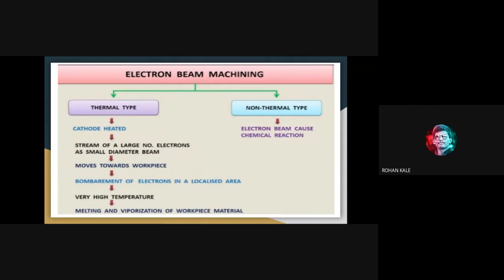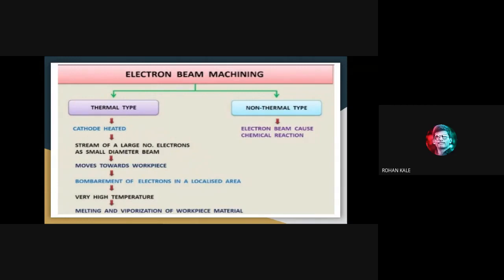Okay, so that stream of large number of electrons is emitted from your heated cathode, and it comes out as a small diameter beam. It moves toward your workpiece with a very high velocity, and it bombards on your workpiece surface. So machining is going on due to that bombardment of these electrons on a very small localized area of your